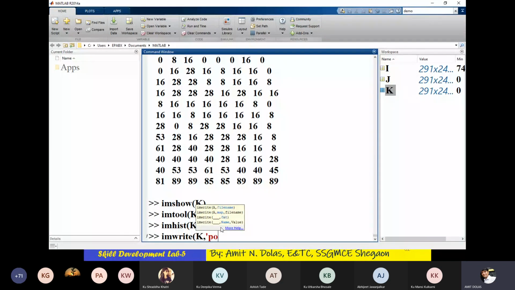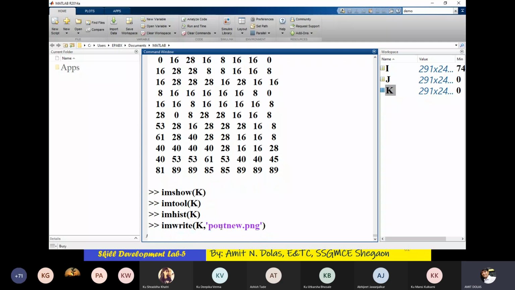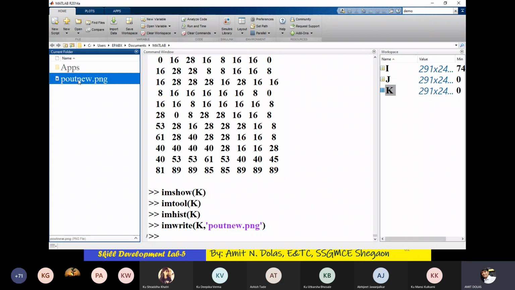So I'll write poutnew.png, complete the bracket. So let's run this. Yes, you can see in the current folder we got one image, poutnew.png. I double clicked it and I'm opening that.